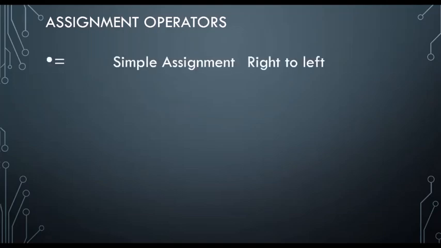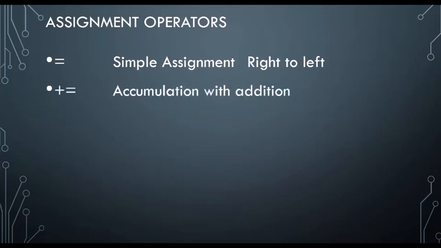Next are assignment operators. Assignment operators are the simple equal to sign, which assigns the value from the right-hand side to the left-hand side. The rule is that on the left-hand side of the equal to sign, you always have to have some kind of container. Normally it is a variable. It could be an array element, it could be something like an object, but it has to be a container on the left-hand side. But on the right-hand side, you can have a container, a constant, or an expression. Next is the plus equal to operator.